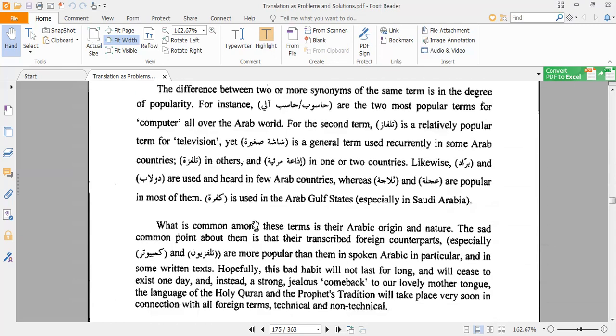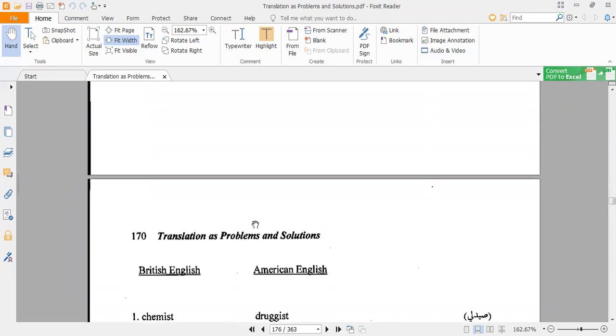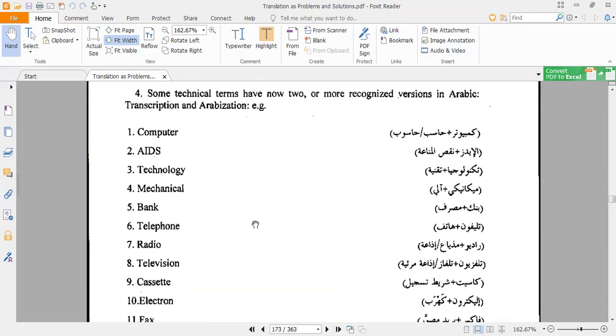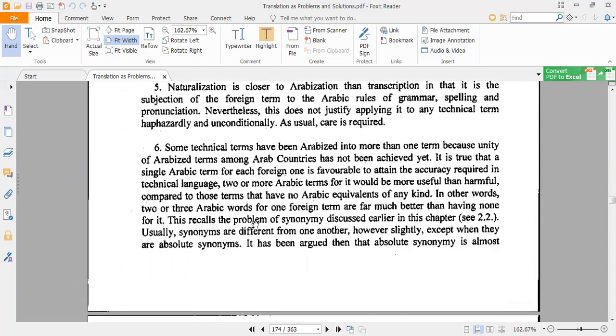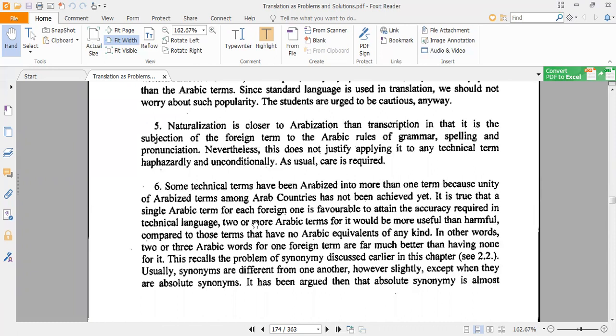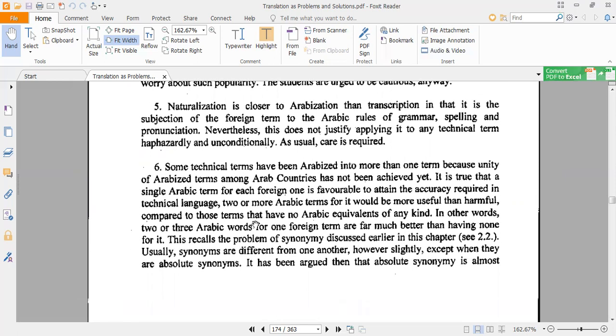and actually as you see, this is the end. Naturalization is closer to Arabization than transcription. Okay, so it is a very important point that naturalization is closer to Arabization, and we said that transcription should be a technique of westernization or foreignization, not Arabization, because it involves the process of bringing some foreign elements into the Arabic lexemes, and we adopt the pronunciation of English without any modification. While in naturalization, we make some sort of modifications to make the word more suitable and more acceptable in the Arabic language. Okay,